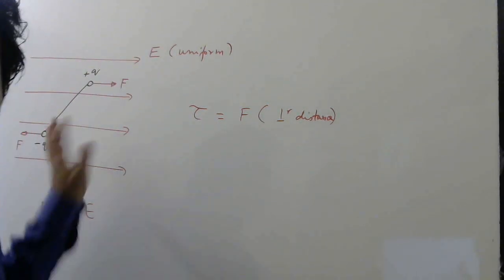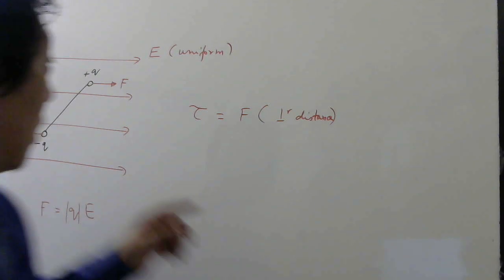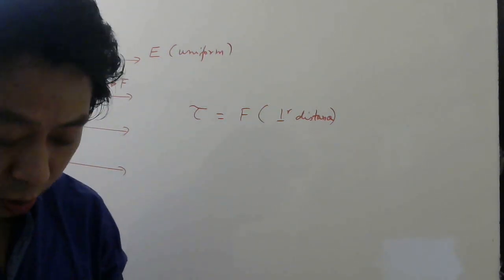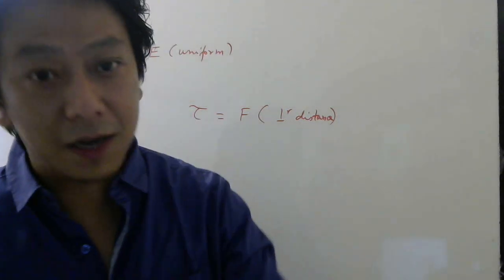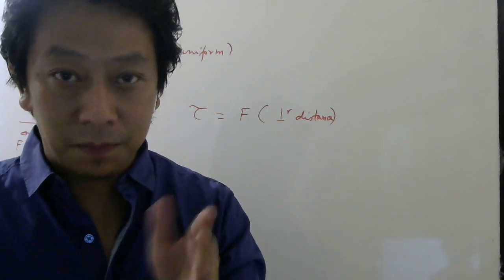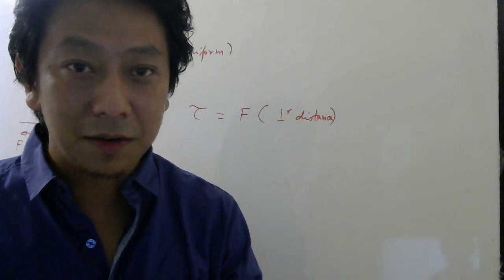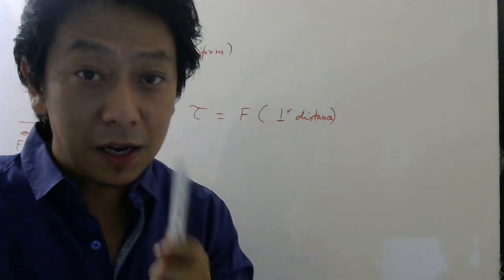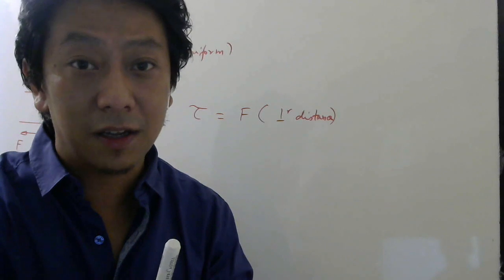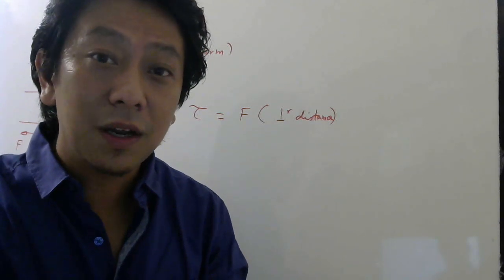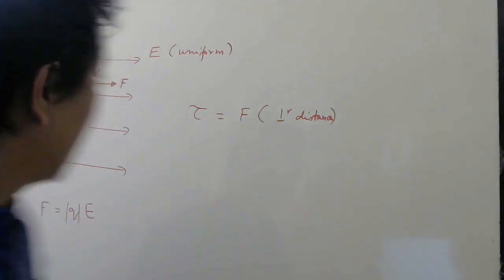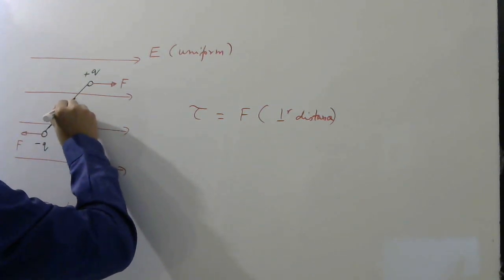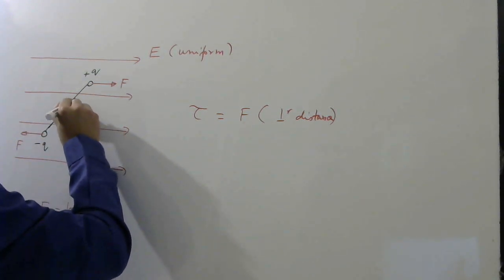In this diagram, there are two vectors. One is the electric field, right? And one, because the topic is what? Dipole in electric field. So, one part is dipole, other part is electric field. Electric field I have shown this side. Electric dipole moment is a vector which is chosen from where to where? From minus q to plus q. So direction of dipole moment will be this way. So this will be your dipole moment P.